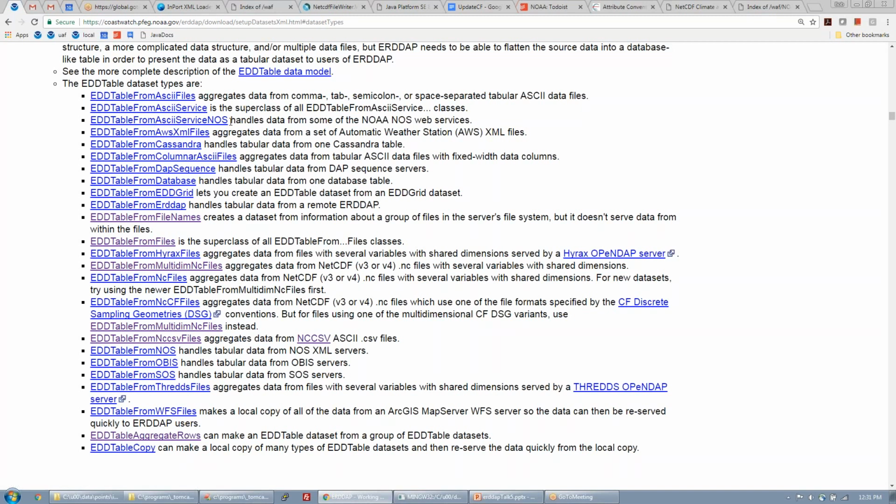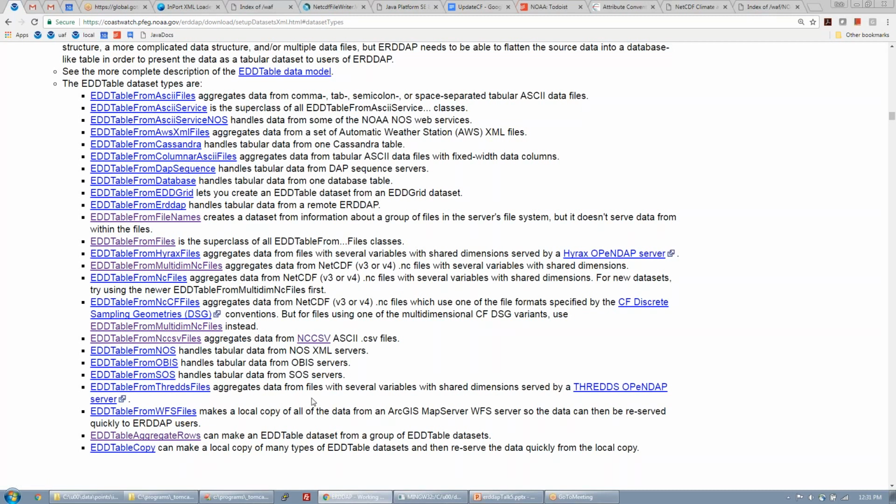This is not the Amazon Oz, but the Automatic Weather Station. They make a custom file format. And lots of others from OpenDAP sequences, from Cassandra, from relational databases, from OBIS style service or SOS style services,